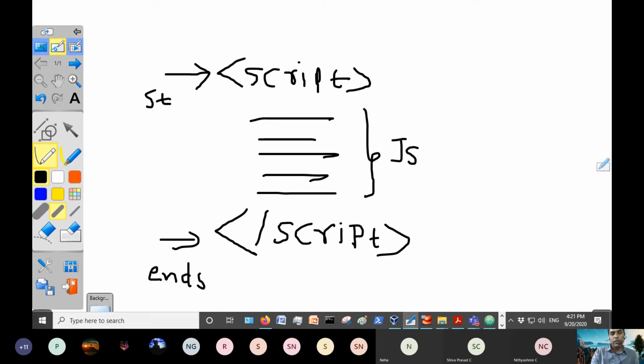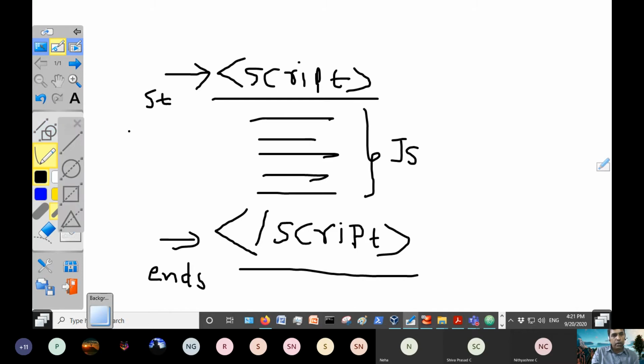Before you start your JavaScript code, you should open a script tag. Then after all the JavaScript code, you should close with a script tag. This is important because you should tell the browser where your JavaScript is located, so that the browser will start a JavaScript interpreter. A JavaScript interpreter is a program that will execute the JavaScript program line by line. That is the reason why the beginning and end of the JavaScript program is clearly indicated by the opening script tag and closing script tag. This is the point that you need to remember.